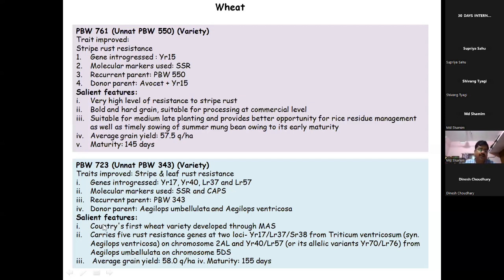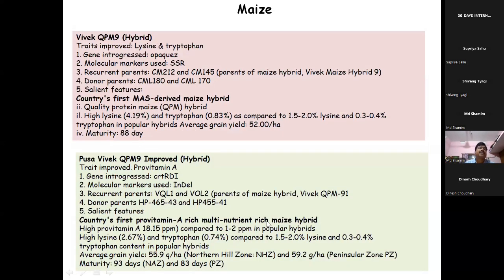So it is the first wheat variety developed through marker assisted selection. It means in wheat, this one is the first variety which has been developed with the help of marker assisted selection. So in maize,